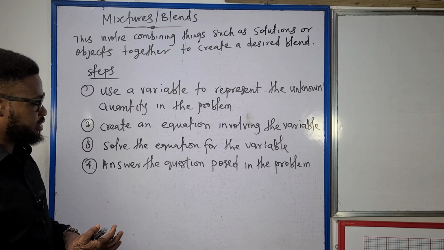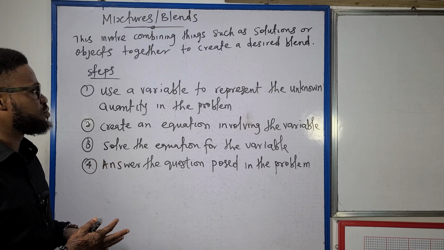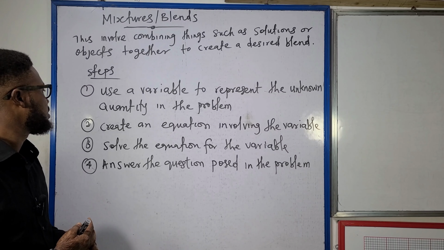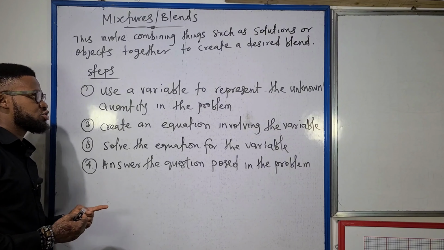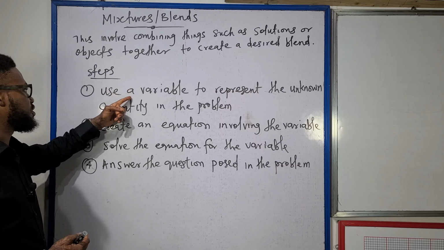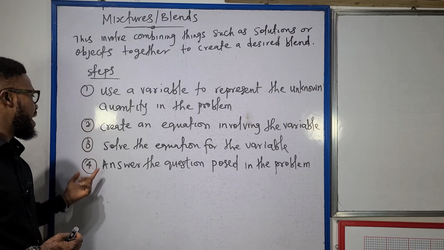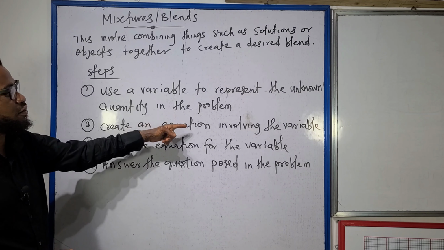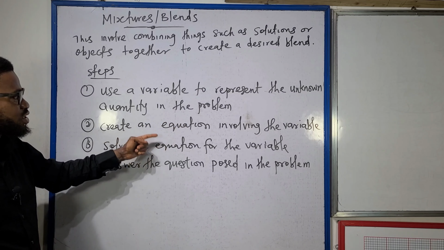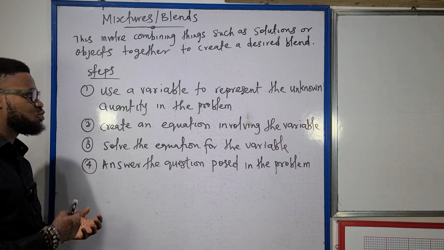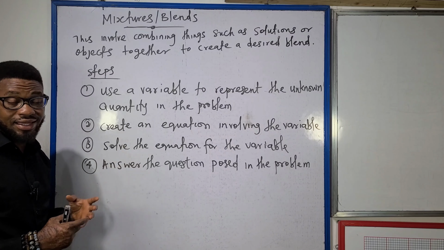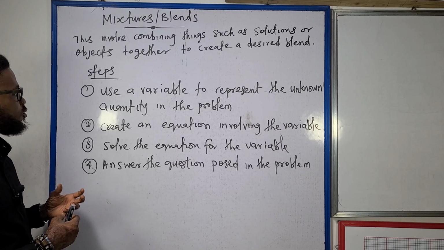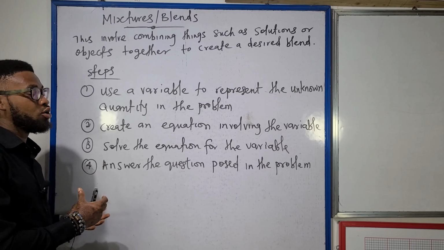The steps to follow are these. We use a variable to represent the unknown quantity in the problem. Secondly, we create an equation involving the variable we've created in one. And then thirdly, we solve the equation for that variable. And lastly, we answer the question posed in the problem. When we talk about mixture, it's more understandable when we get hands-on solving